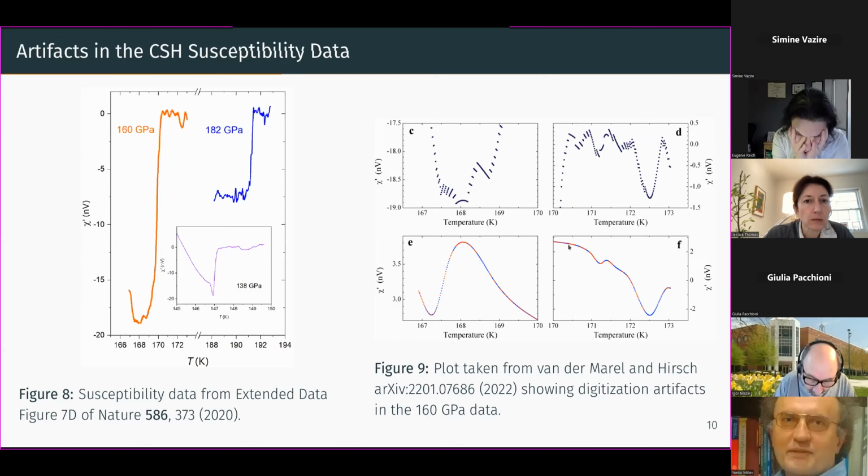And so when I saw this, I was able to reproduce this quite quickly, and I found that this smooth curve was a cubic spline. Van der Marel and Hirsch also independently came to the same conclusion that this was a cubic spline. Now, initially, people who saw this had a sort of a charitable explanation of it, which was a reasonable one, that perhaps what had happened was